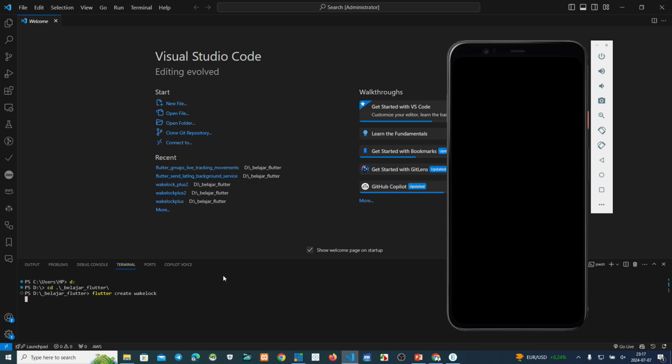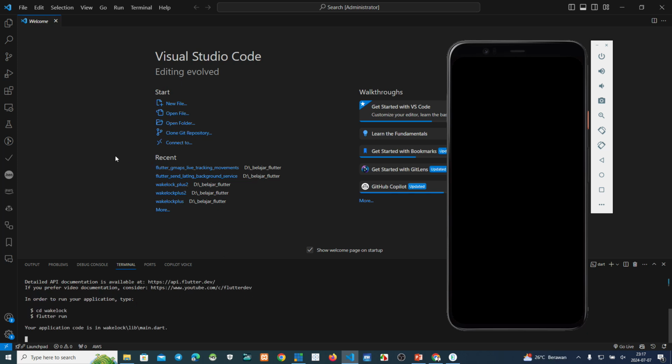Okay, wake lock, no problem. We make it, maybe for 10 seconds. We use Visual Studio Code to create this project.